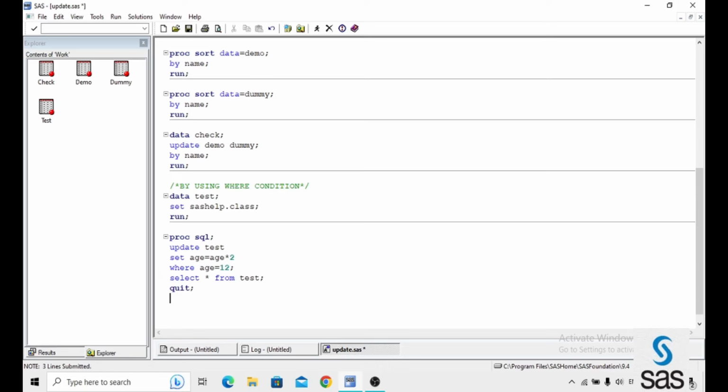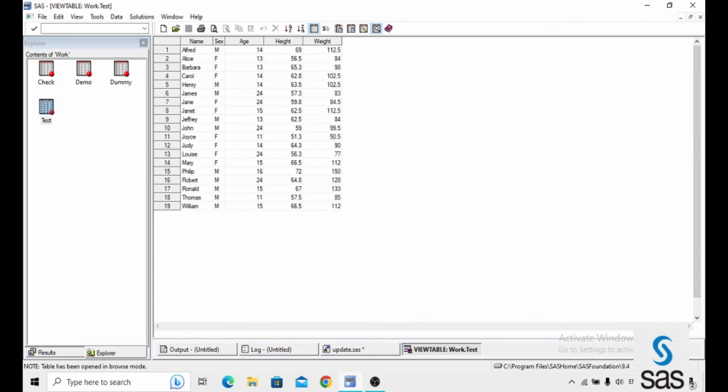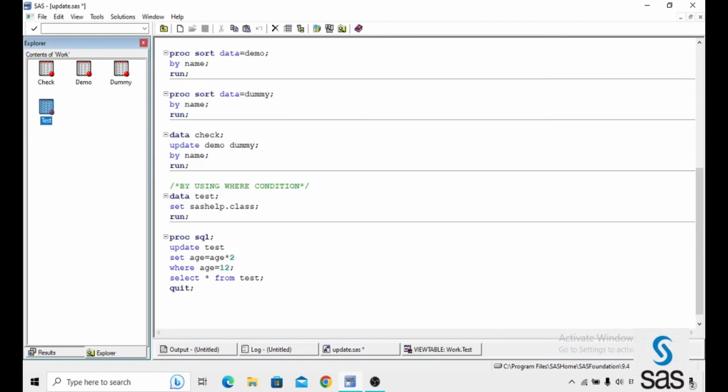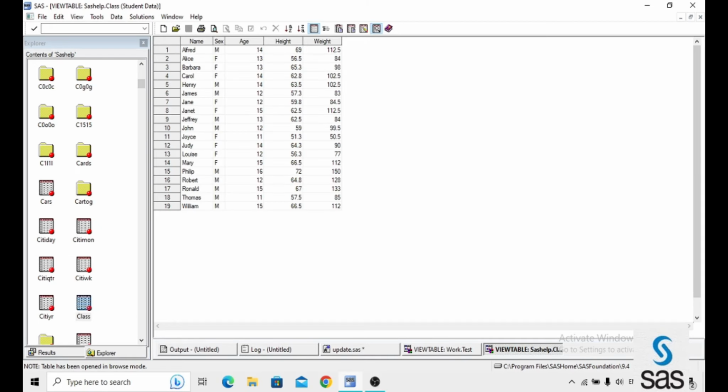Simply we are updating test. When age equals 12, it will be replaced by age into 2. Now we are running this and checking the dataset. Before that we have to know which observations have age 12. Now we are opening the SAS help library, and here what are the 12 observations?